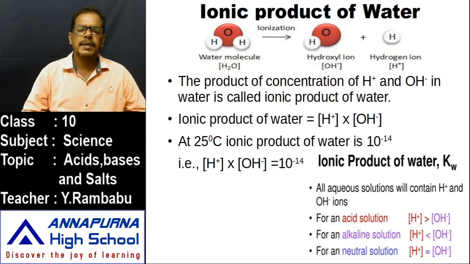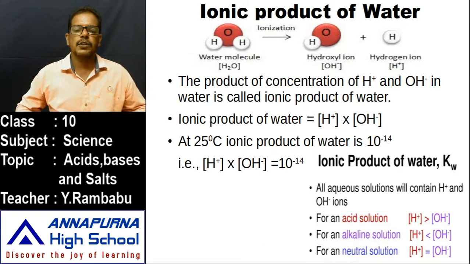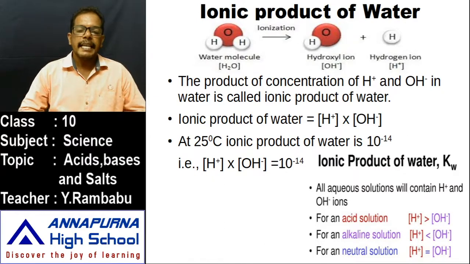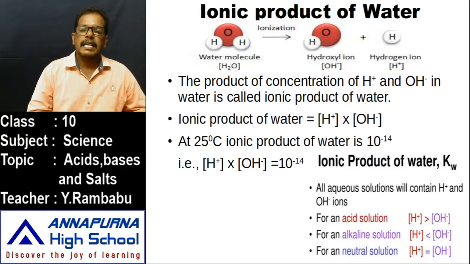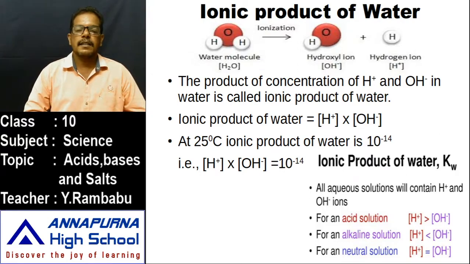Then how can we express whether it is an acidic solution, a basic solution, or a neutral solution? In any aqueous solution, if the concentration of H plus ions is higher than OH minus ions, then it is an acidic solution. And in any solution, if the concentration of H plus ions is less than OH minus ions, then it is a basic solution or alkaline solution. Why? Alkaline is nothing but a base which dissolves in water. If the concentration of H plus ions and OH minus ions are the same, that means both are equal, then